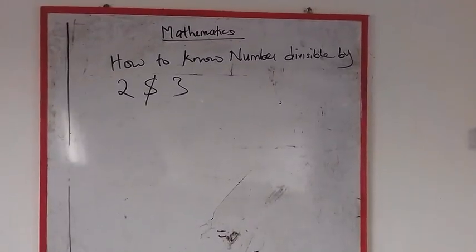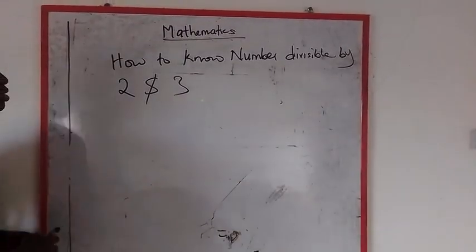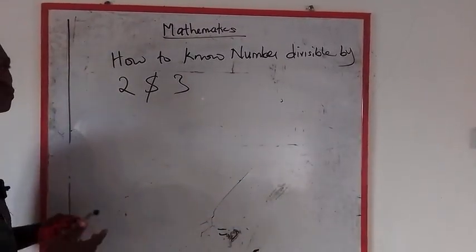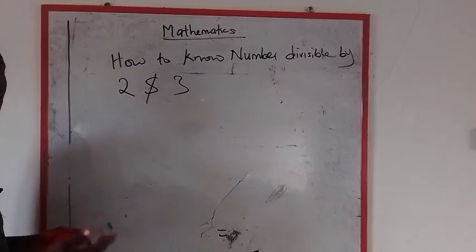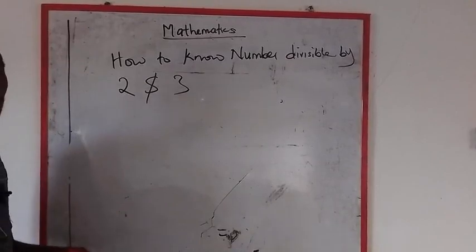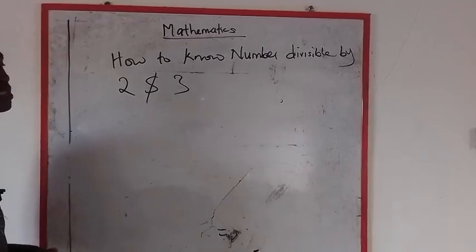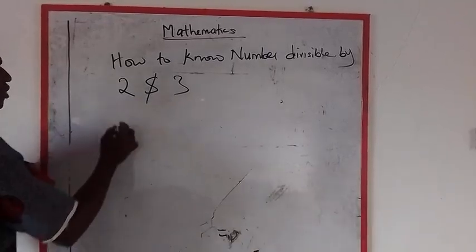Sometimes you just need to know whether a number is divisible by 2 and 3, at least to help quicken your calculation so as to know whether you should give it a try or not. Merely seeing the number, you can know whether it's divisible by 3 or whether it's divisible by 2. Let's start with divisible by